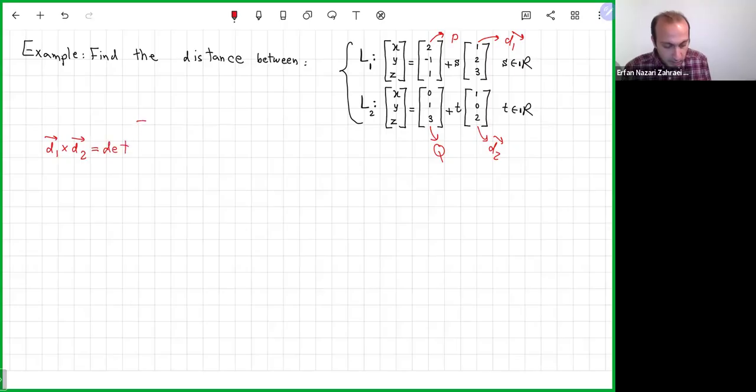It's the determinant of i, j, k, D1, which is 1, 2, 3, and D2, which is 1, 0, 2. Then I expand according to the first column. I get i, then removing this, the determinant is 2 times 2, 4, minus 0. So it's 4i,